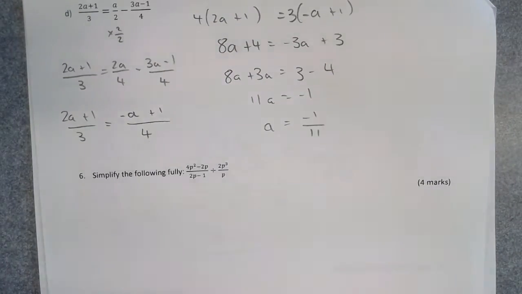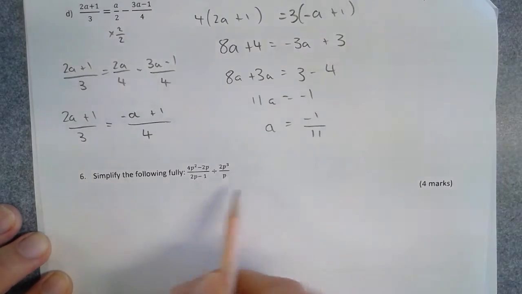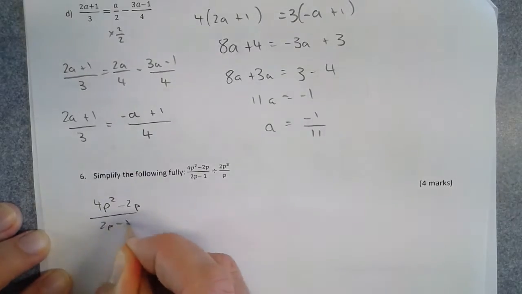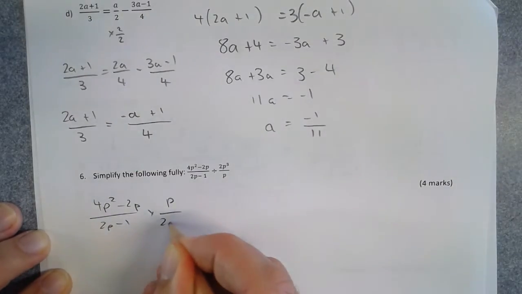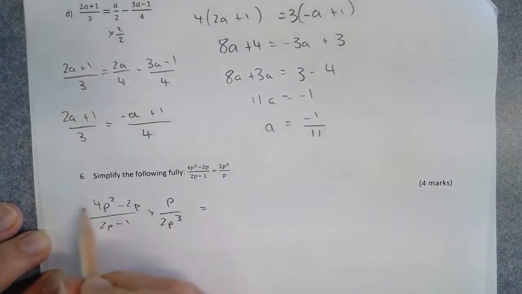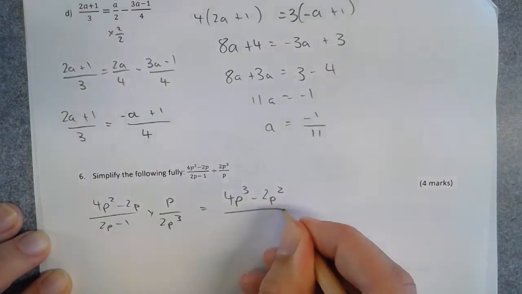Question 6. Simplify the following fully. So first thing we're going to do is turn this fraction upside down over 2p minus 1 times by p over 2p cubed. Now I'm going to multiply, so times the top by p, we get 4p cubed minus 2p squared over